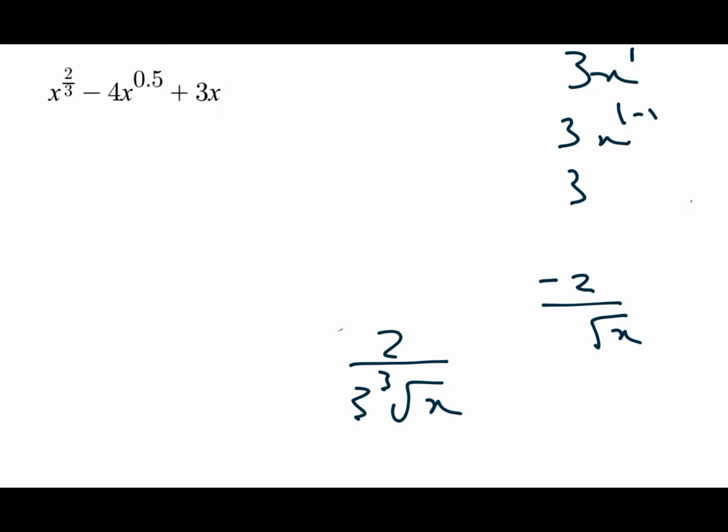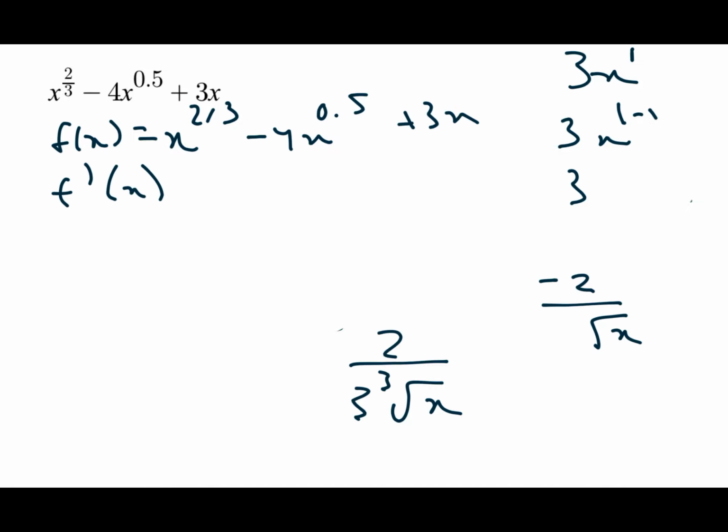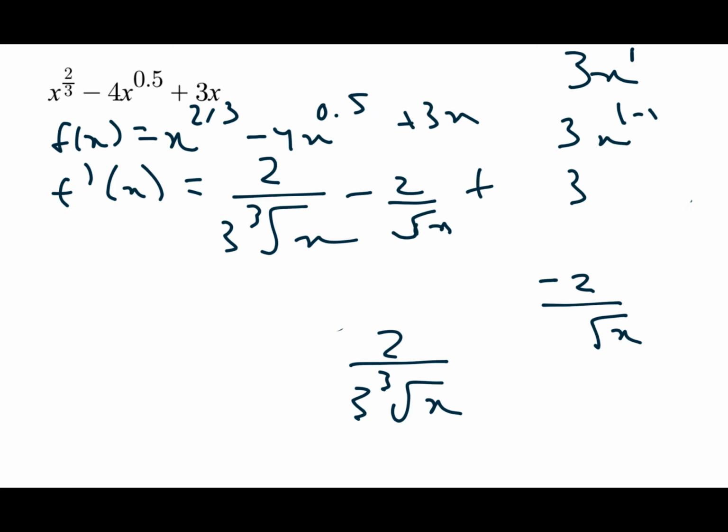Once again, let's rewrite this as a function. It's equal to x to the power of 2/3 minus 4x to the power of 0.5 or 1/2, plus 3x. The f of x prime, the derivative, is equal to 2 over 3 times the cube root of x, minus 2 all over root x, plus 3. All right? That's the derivative of this function. And that'll be it for the